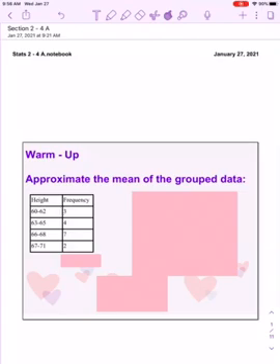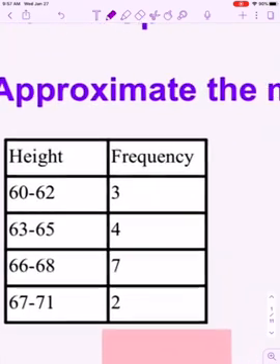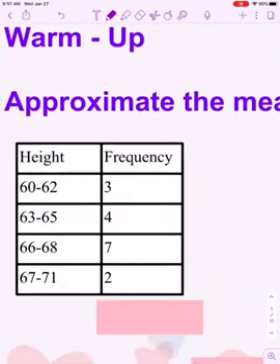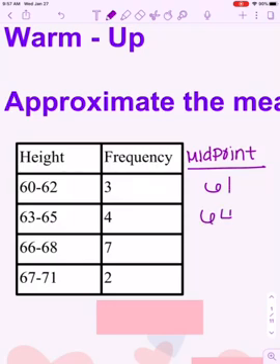All right, for 2-4A, the first thing is to approximate the mean of the group of data. I'm not going to do this all, but you would need your midpoints. The middle of that first class is 61, because it's in between 60 and 64. That last one doesn't make any sense, but I think it's 68. Oh no,